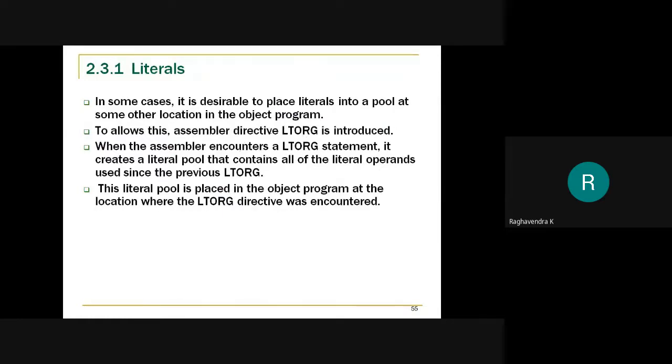We are supposed to use one more assembler directive now. We are already familiar with a few assembler directives like START, END, BYTE, WORD, RESB. We are also familiar with one more assembler directive, which is BASE. After that, you need to specify which value you are placing in the base register. In our example, we had placed the length value. Before that, we had placed into the base register the value of LENGTH. So this was one more assembler directive that we had come across.